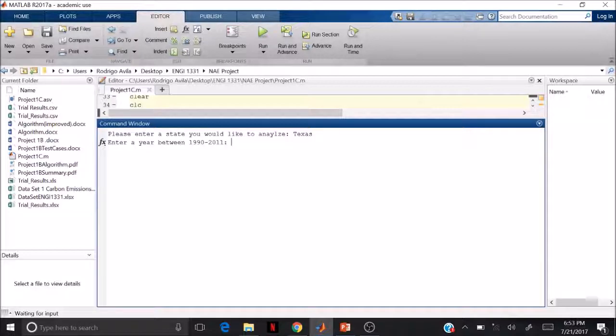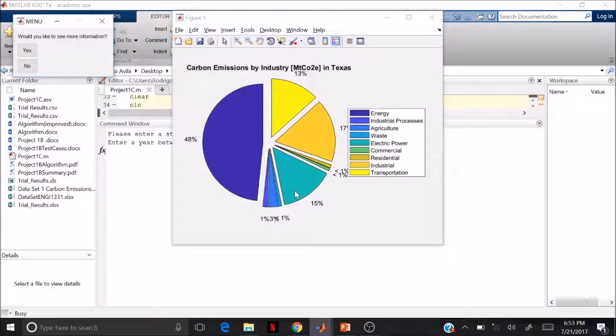Enter any year between 1990 and 2011. Let's try 2001. Okay, cool. So what pops up right here is a pie chart of carbon emissions by industry in Texas, and